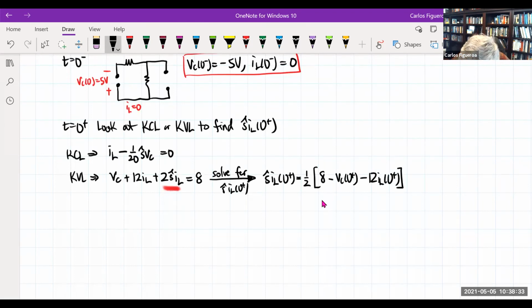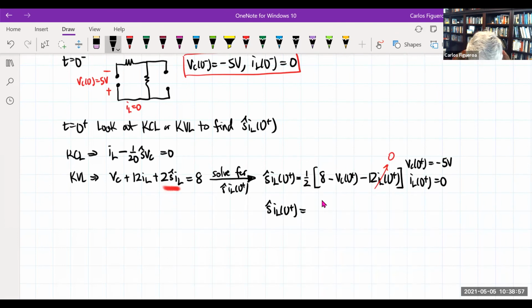So what do I know? I know that VC of 0 plus is minus 5 volts. And I know that IL at 0 plus is 0 amps. So it immediately tells me that this guy is 0. And so when I look at this guy, I'm going to get that S hat IL of 0 plus is